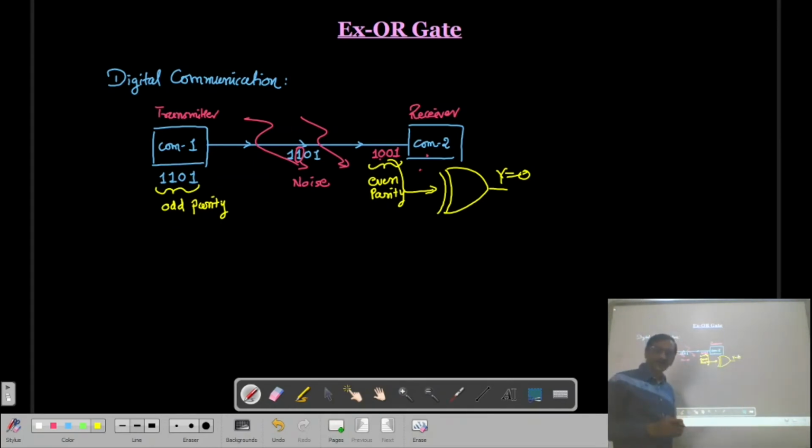It is not necessary that it will always be with odd parity. You can also have a communication with even parity. So here in this computer, the received information is given to the exclusive OR gate. If it is producing a 0, then only the information will be accepted by this computer, or this information will be saved by this computer.